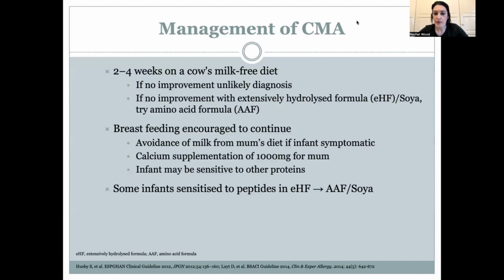Breastfeeding should always be encouraged to continue, and avoidance of milk from mum's diet only if the infant is symptomatic through mum's breast milk. If, for example, the infant has had a formula or started weaning and had a reaction to the food or the bottle, but previously tolerated mum's breast milk fine, I would always advise mum to continue with milk in the diet, as the infant isn't symptomatic, and this can allow tolerance and help them outgrow it